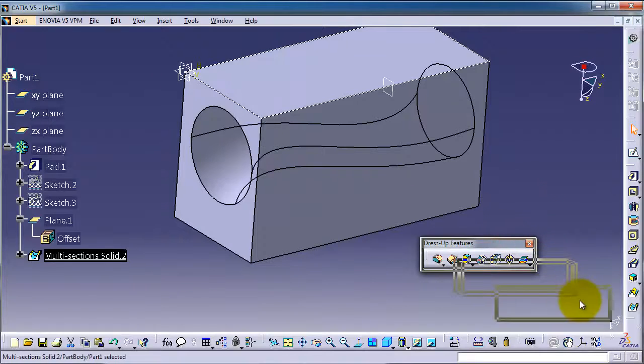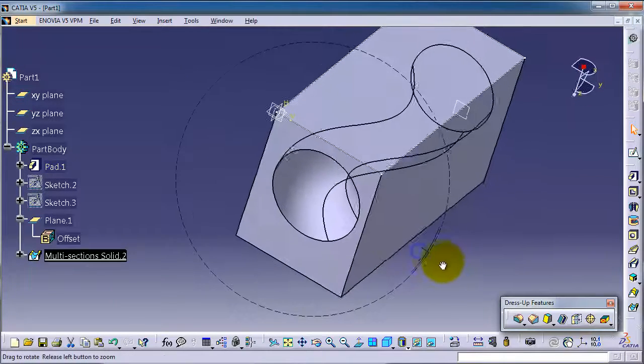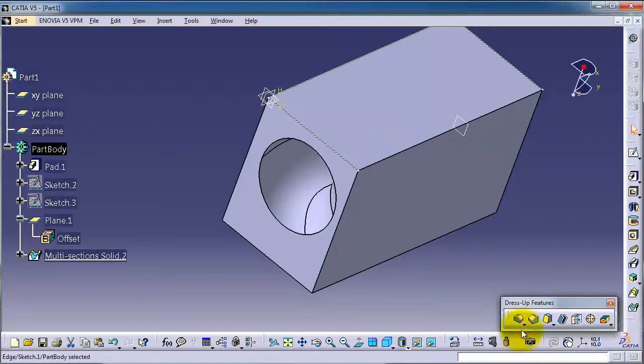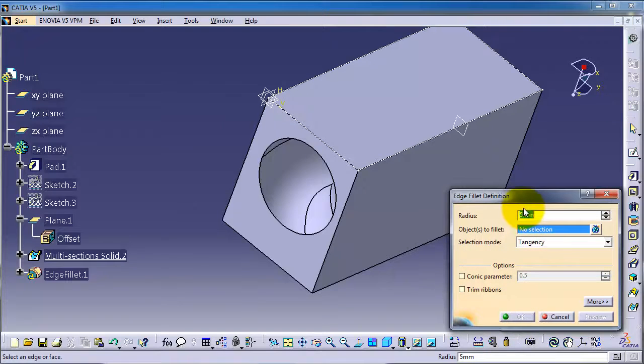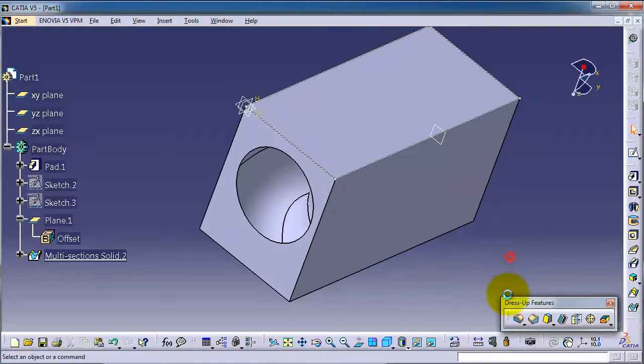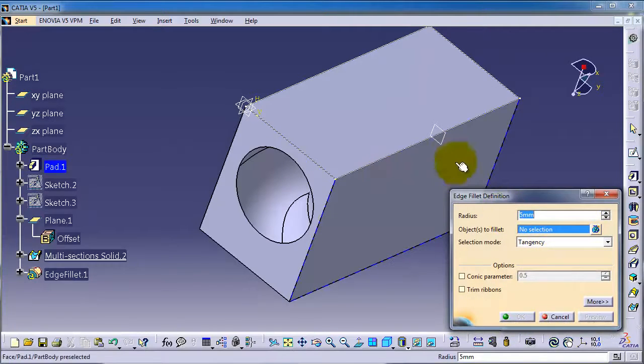So now let's apply the edge fillet on this part we created in the previous tutorial. Simply select the edge where you want to fillet, choose edge fillet, and you can add the radius of that fillet. So you can write 10, and in the selection, make sure that you select the edge we want. Again, edge fillet, selection,